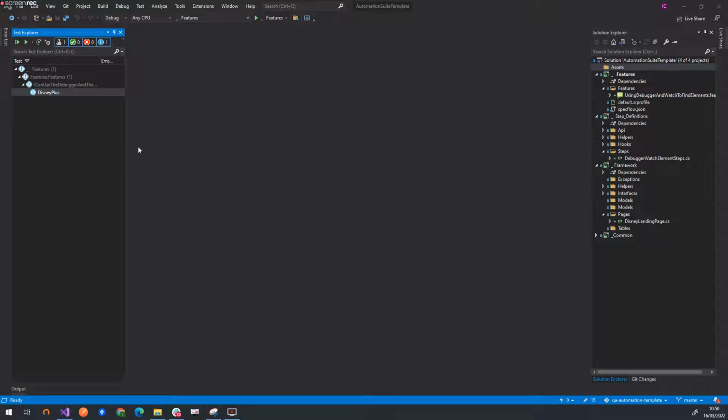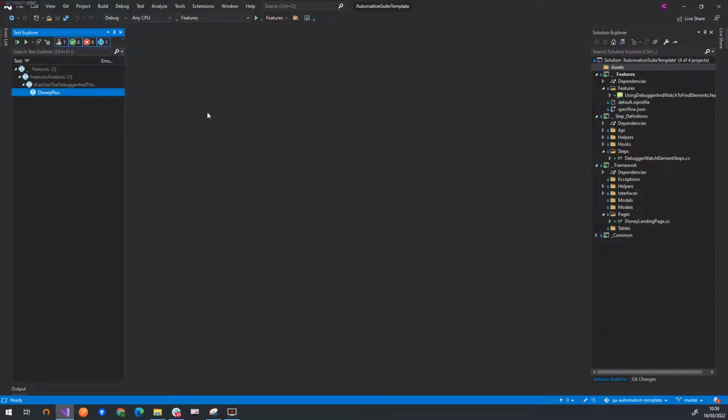I've randomly selected the Disney Plus webpage. I've got no affiliation to Disney Plus. I think they do a great job. That's fine. On their page, there's a few buttons and some problems that we can solve while we're there. Not their problems, just from an automation tester's point of view. There's some things that we might come across that will be fairly problematic. So if we get this going,